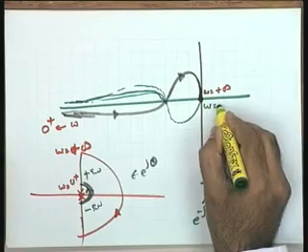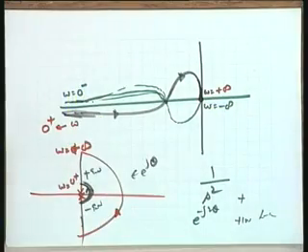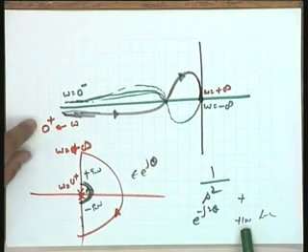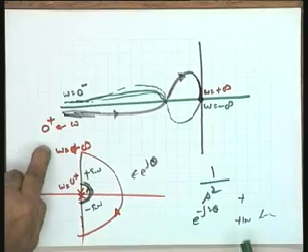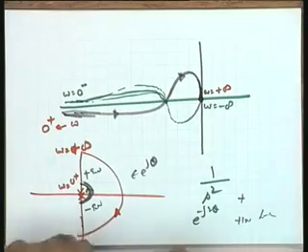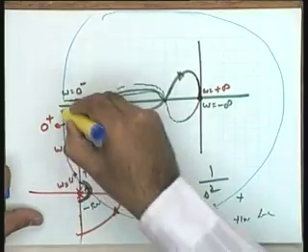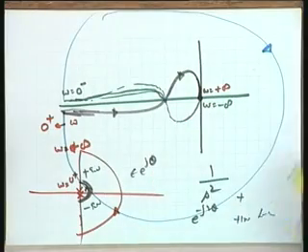Omega is equal to minus infinity, omega is equal to 0 minus I have already reached. I have to do the mapping of this. The mapping says that it is from plus 180 degrees to minus 180 degrees with a radius infinity, and therefore this is your Nyquist plot. Okay, from plus 180 degrees to minus 180 degrees. This is your Nyquist plot.